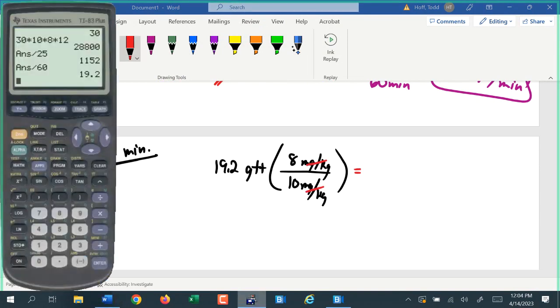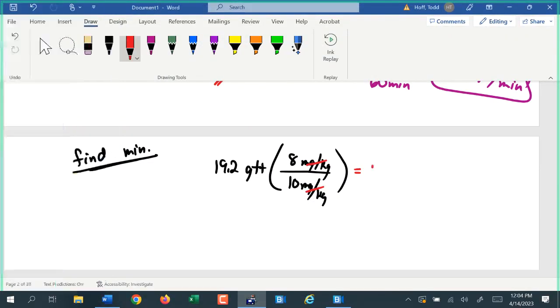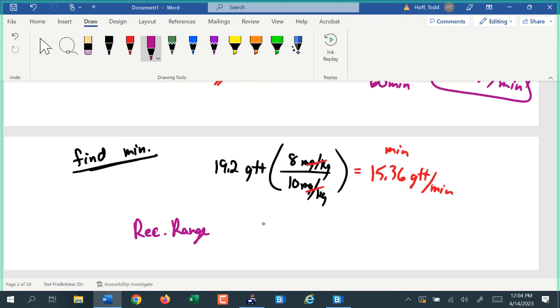We'll take the 19.2 times 8 divided by 10, giving us 15.36 drops per minute is our minimum. So here our recommended range is 15.36 to 19.2